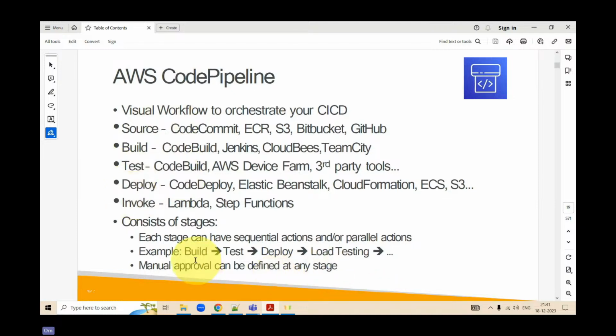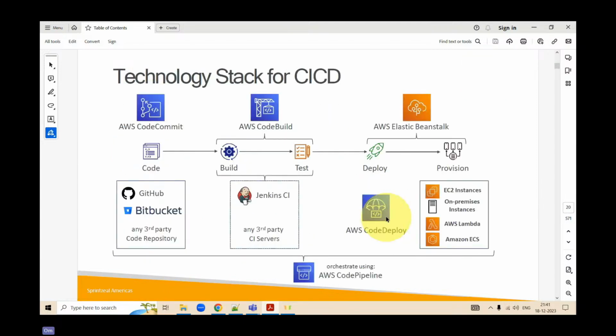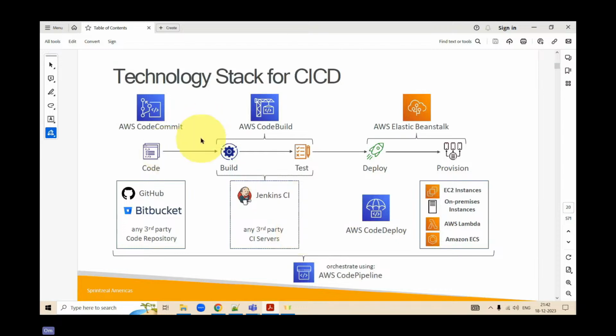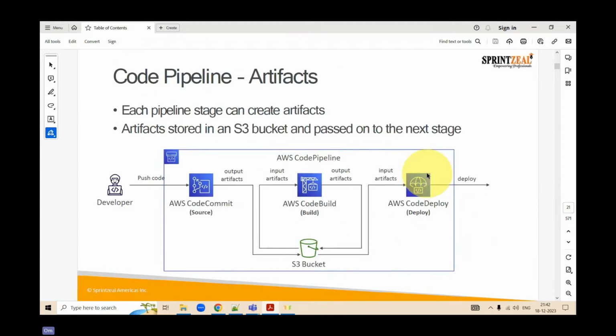So as I said, create, build, test, deploy. Just before here it is create, then source, then build, test, and deploy. You can also have manual approvals at each stage, but in real life scenarios it would be group approvals or automated approvals. So these are the terminologies that we have used. This is, again, I guess, a repetitive slide because we had talked about code, build, deploy, Jenkins, Bitbucket, etc.